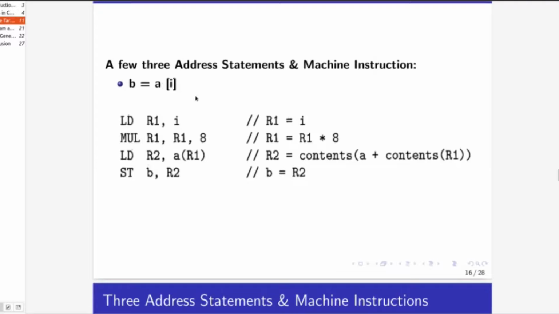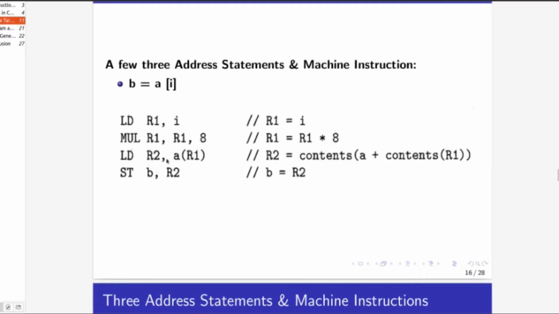We want to read the data which is present in A of I. So first I is loaded into R1, then we know that each memory location can store 8 bit data, so that is why we perform a multiplication, mul R1 R1 8, meaning R1 is equal to R1 times 8. We multiplied by 8 because each memory location can store 8 bits of data, so we want to get the exact index position.